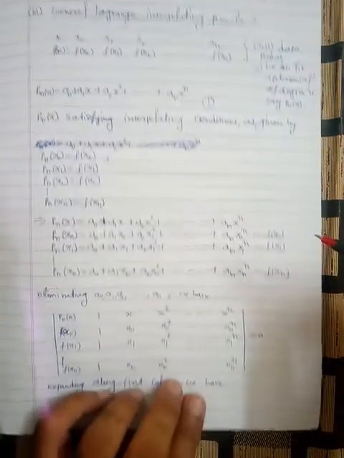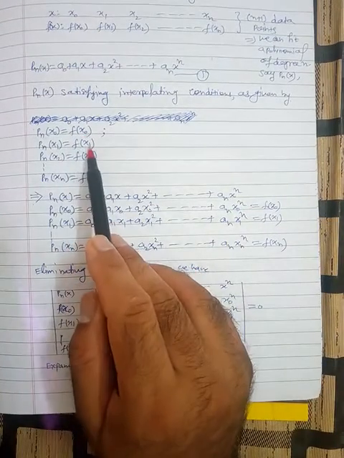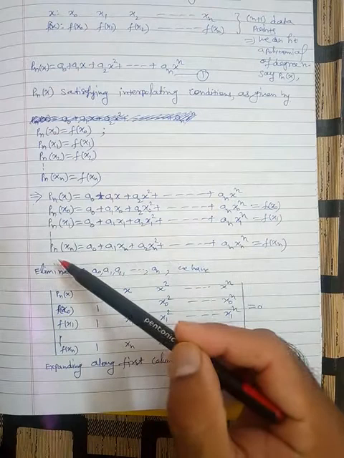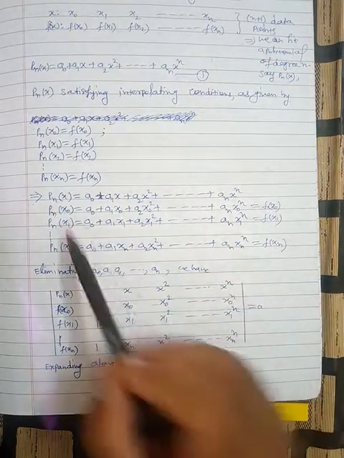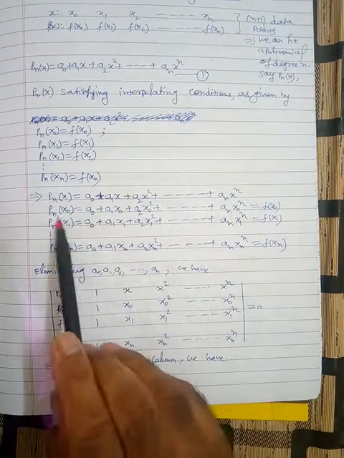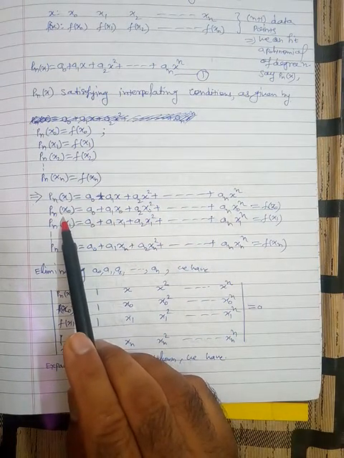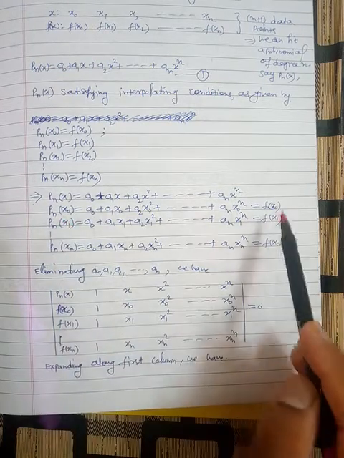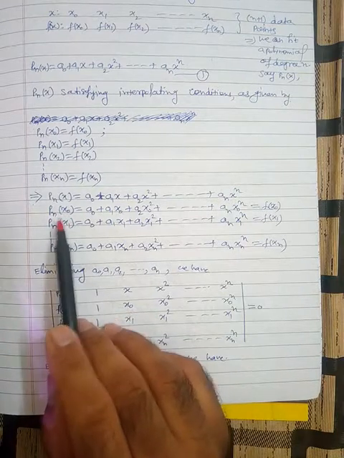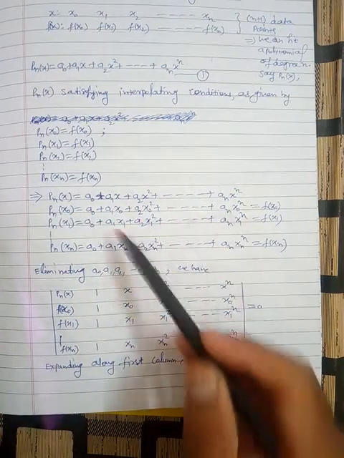Fine. Now when you substitute the values x equal to x0, x1, x2, xn in this equation, we get this set of equations. This is the general equation number 1, and this is the equation when you substitute x equal to x0. So we get Pn(x0), which equals f(x0), and according to this it is a0 plus a1x plus this. I think you understand.